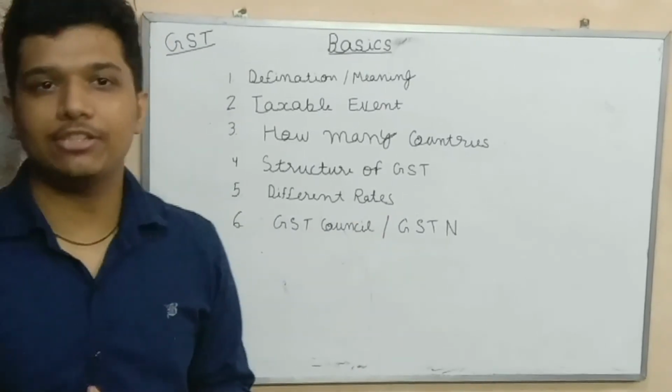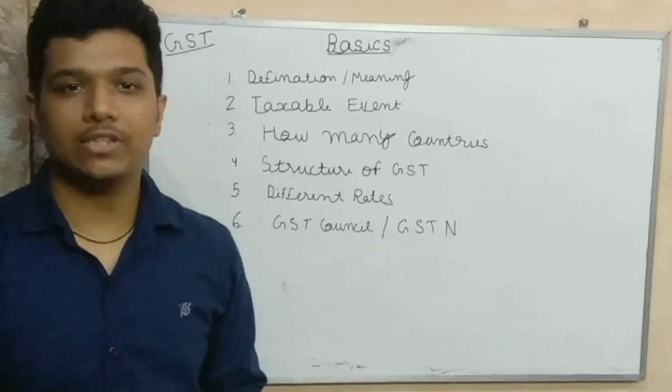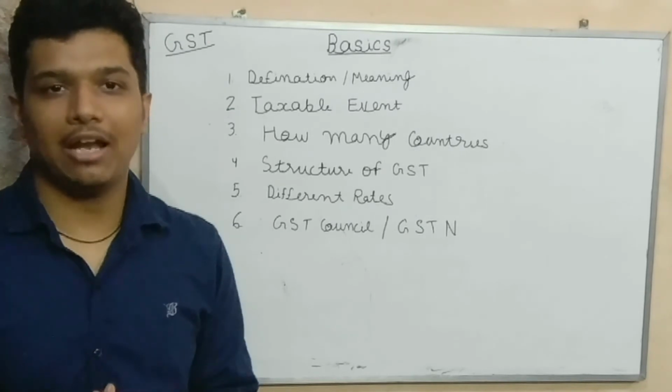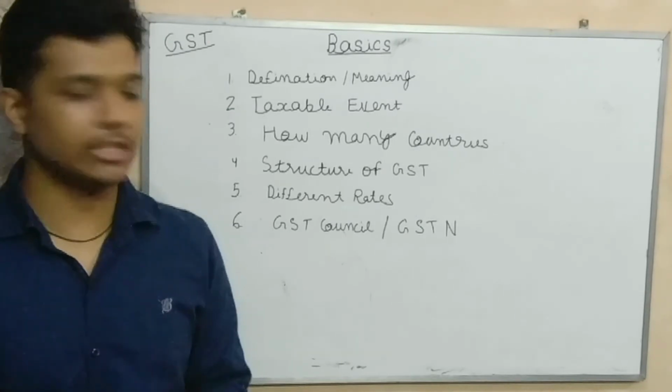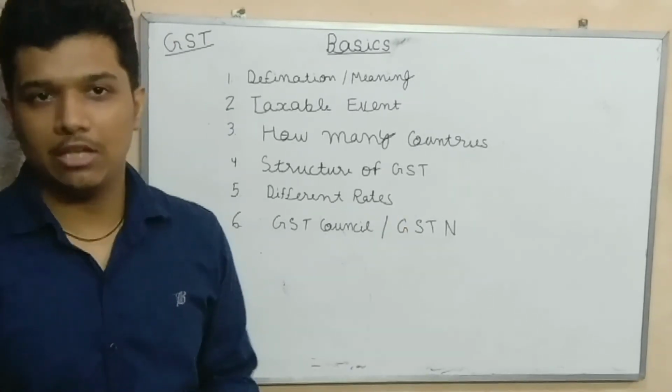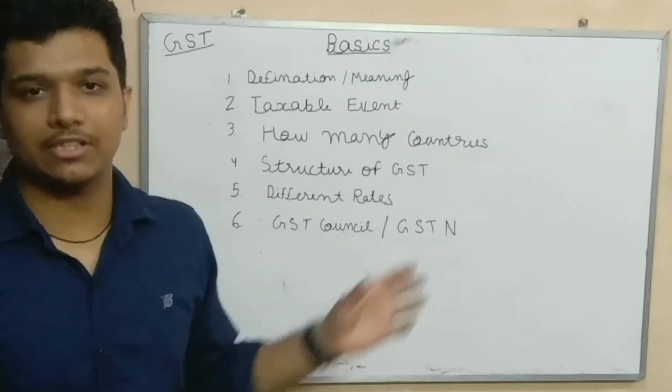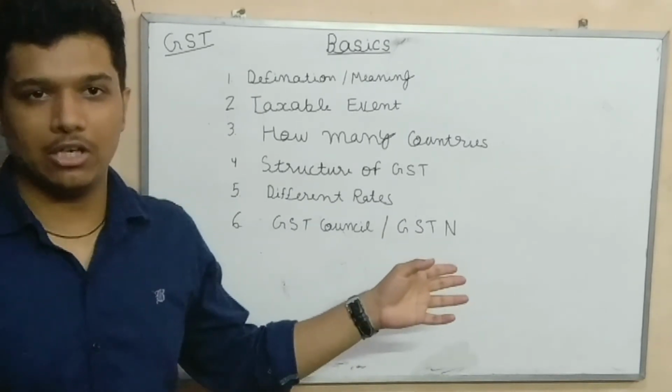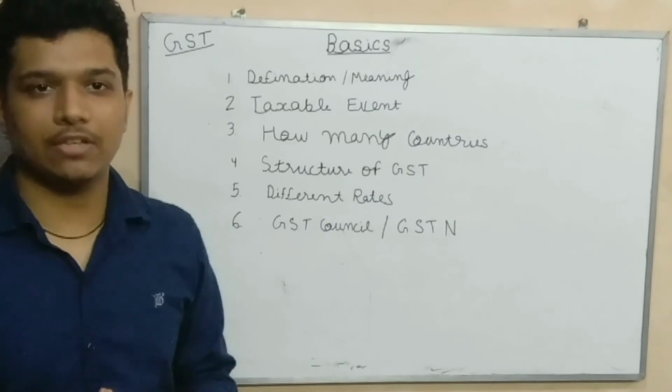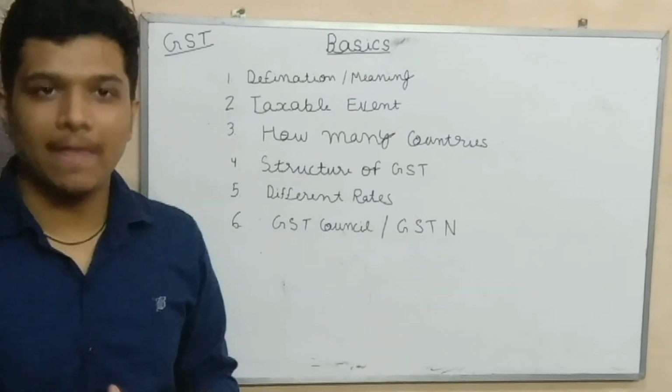Then GSTN is a network through which we will get connected to the center, and all IT infrastructure will be the responsibility of GSTN. The full form of GSTN is Goods and Services Tax Network, and all kinds of IT infrastructure will be in the hands of GSTN. And that's it